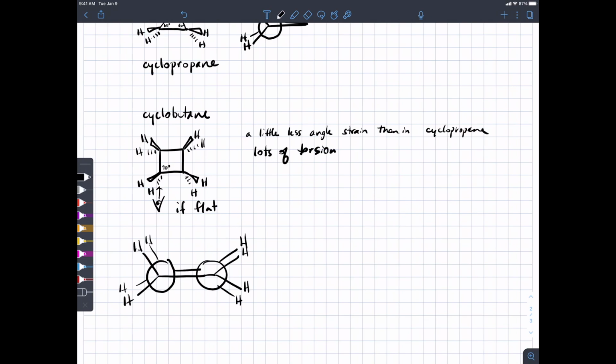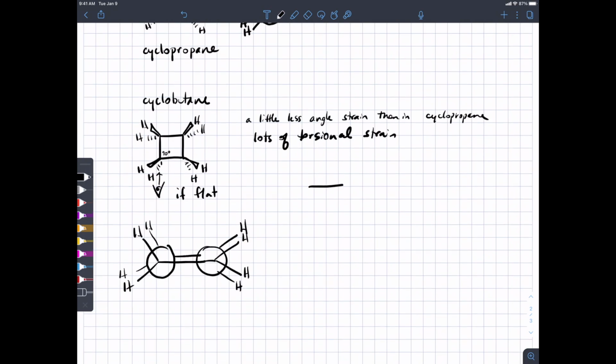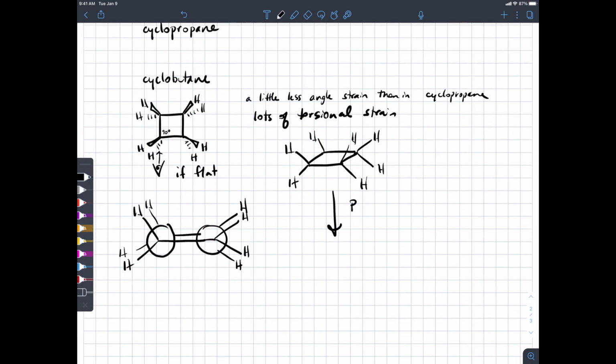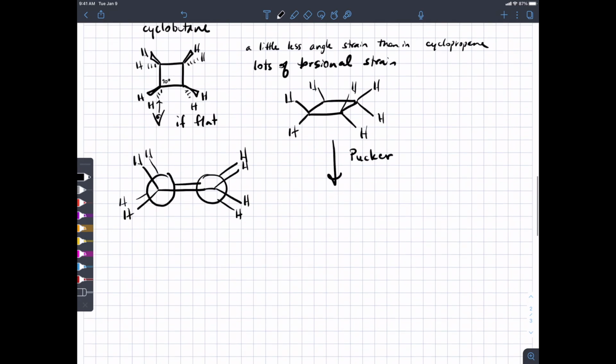Now, because we've got 4 different atoms in this ring, we're a little bit freer to rotate. And so what will happen is that the molecule will distort its structure. We're going to look at this from the side. Instead of being perfectly flat like this, the molecule will relax, and it's called puckering, and it will adopt a conformation that looks a little bit more like this,